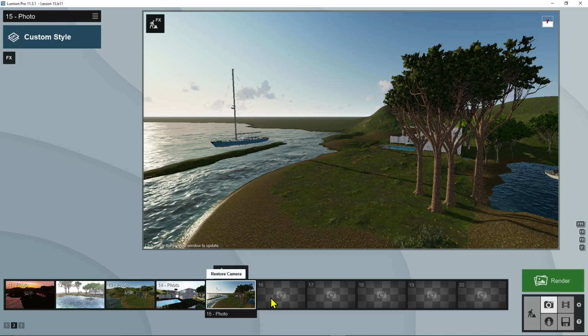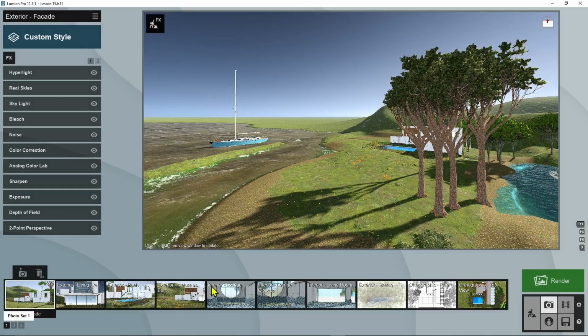So you can see here you have these empty camera slots and we saw that we can save different cameras. Now cameras are important not only for rendering, but also if I want to go back to a particular point of view that I particularly liked and I don't want to look for it, but just want to go straight to it. So for example here, if I go here in the photo set 1, you can see we have